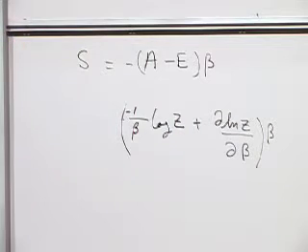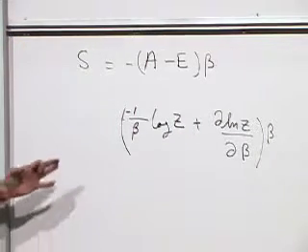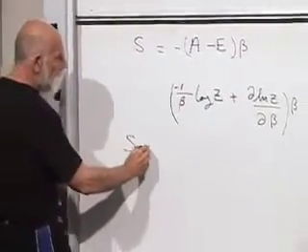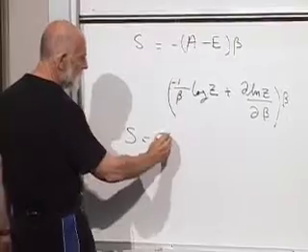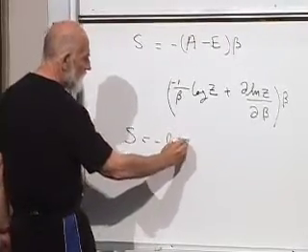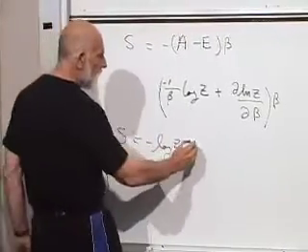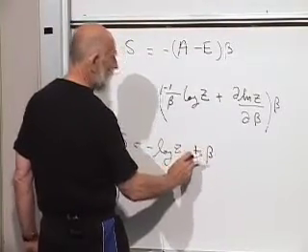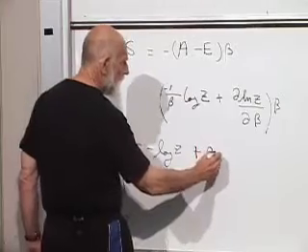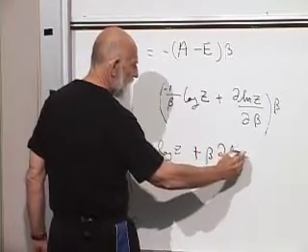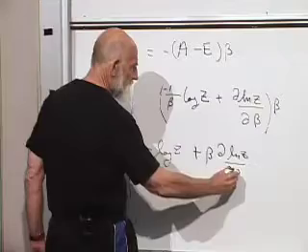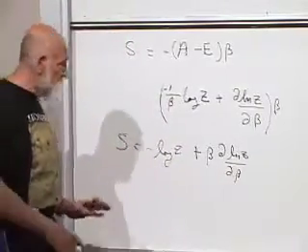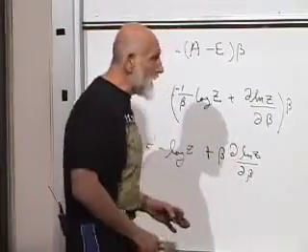Okay. All right, so it's a sum of two terms. S is first of all equal to minus log z. That's not too hard to calculate. Plus beta, or minus, I guess. No, minus or plus? Plus beta d log z by d beta. Okay, now that's not so bad. But if we actually go and calculate it, we're going to find out that it's kind of a mess.